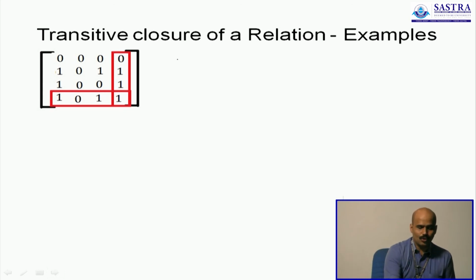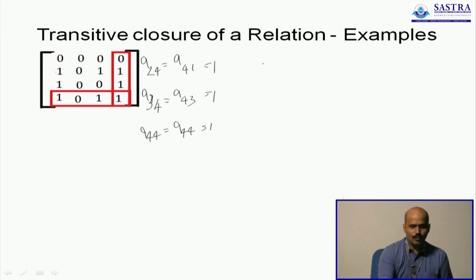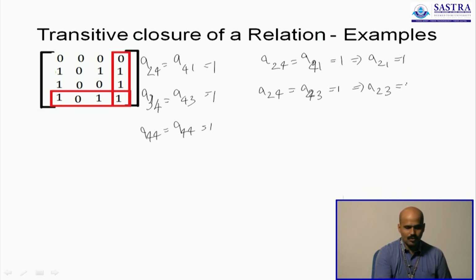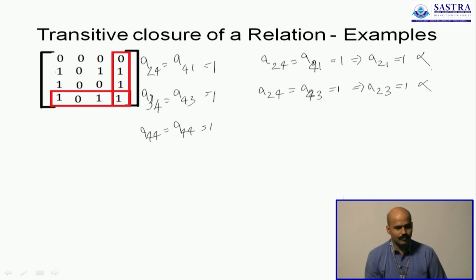Now when you compare the 4th row and 4th column, 4 1, 4 3, 4 4 are 1s, and 2 4, 3 4 and 4 4 are 1s. So when you compare 2 4 and 4 1, there is no change, because that is going to end up with 2 1 being 1, and A24 with 2 3 or 4 3 being 1s, that will end up being A23 is a 1, that is also no change. So no more changes in the second row.